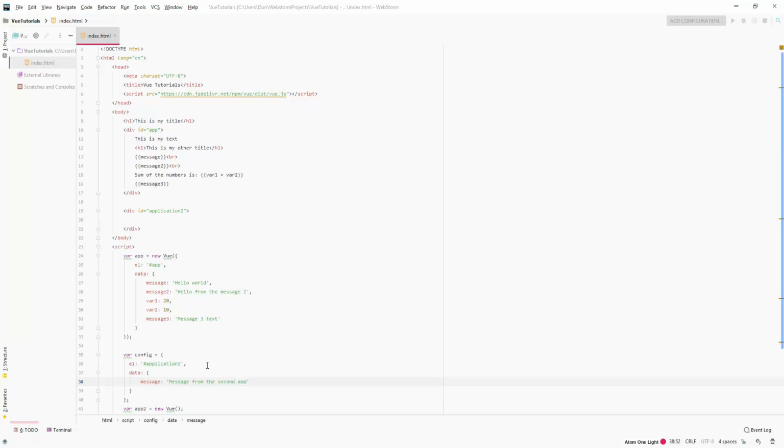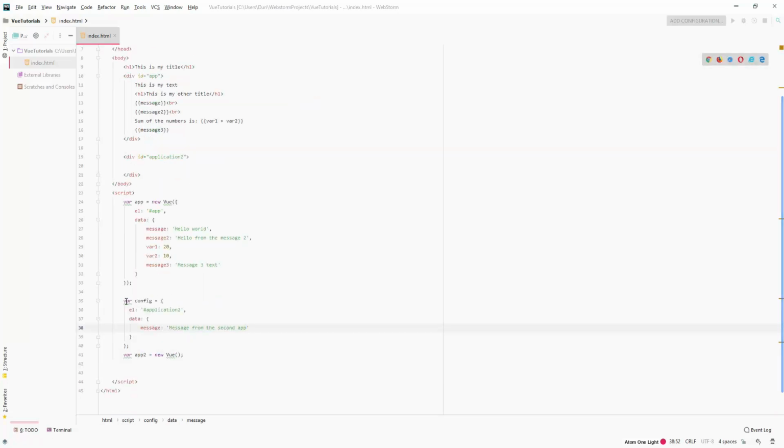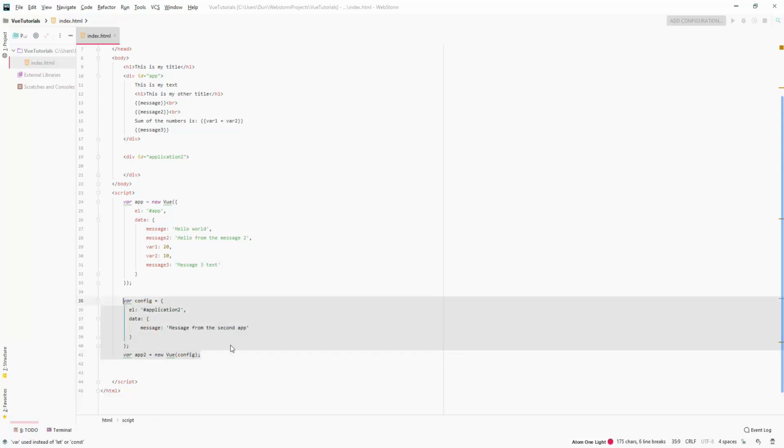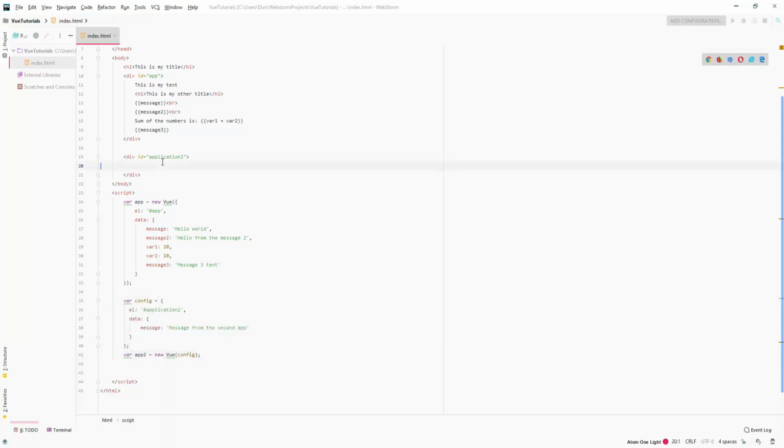Message from the second app. Okay, so right now we created a config object for our second application, and the last thing we have to do is we have to inject this object inside the Vue application. So I'll just copy this and paste it here. So when we did this, the process is done. The application will then connect itself with this div here, and it will be nice that we print something. There is a message we have here,